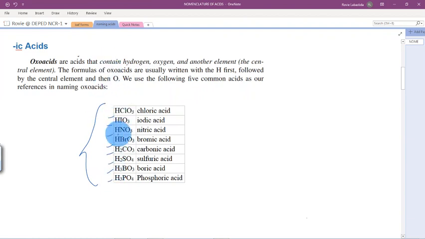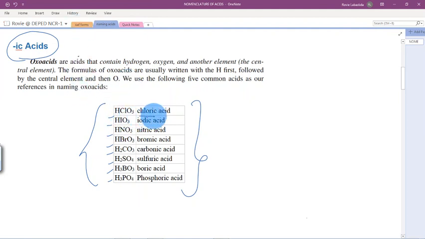Alright, these 8 oxoacids, so that you will not have difficulty in navigating the diagram that I will discuss later. So, I call this the ic acids. Because, if you notice,